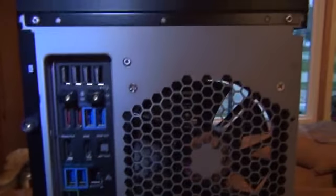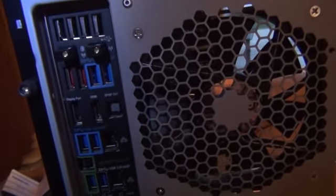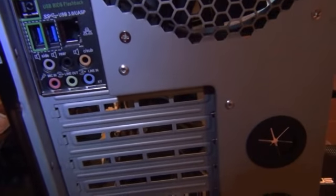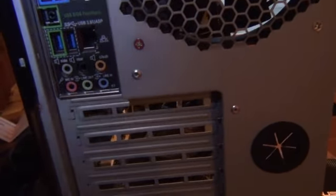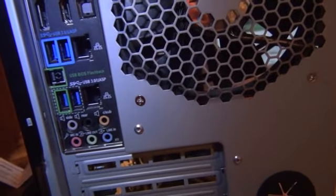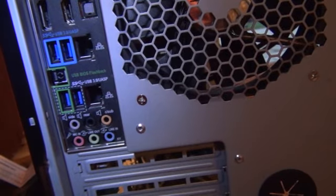And one thing that I know with this motherboard, it doesn't have an HDMI, you know, the old school stuff. It doesn't have the old school video ports, so I think my old monitor, my 20-inch